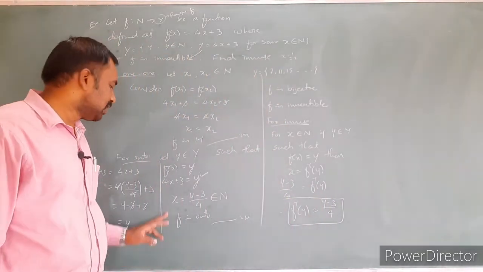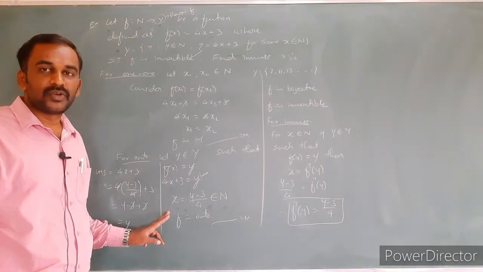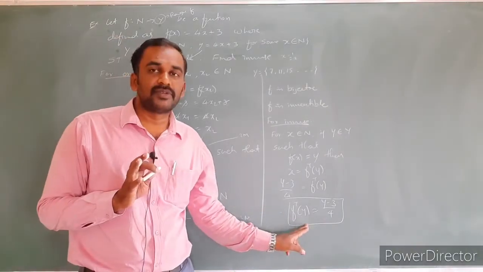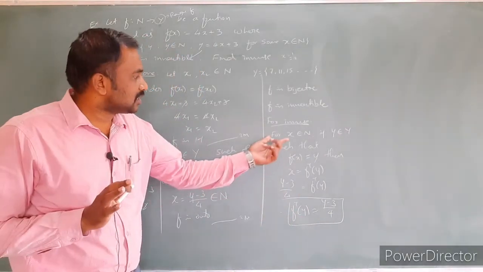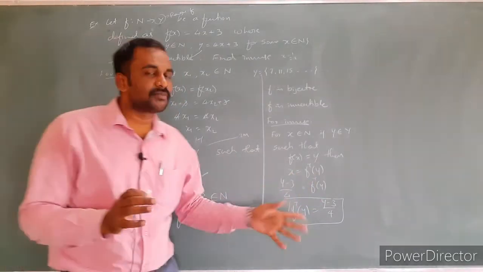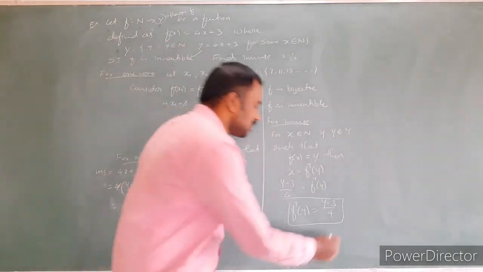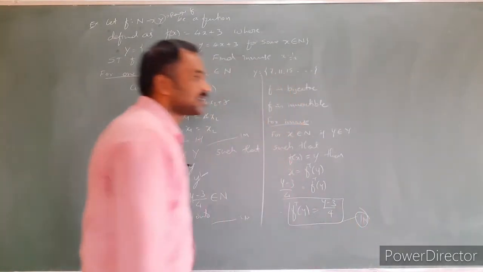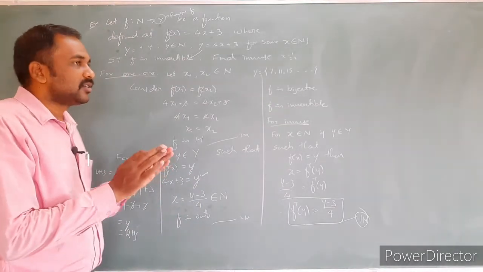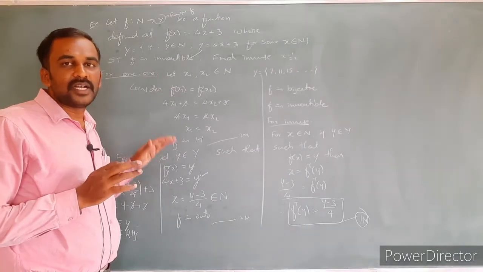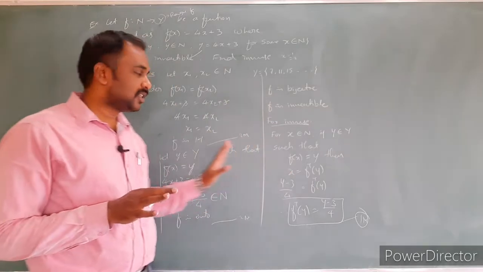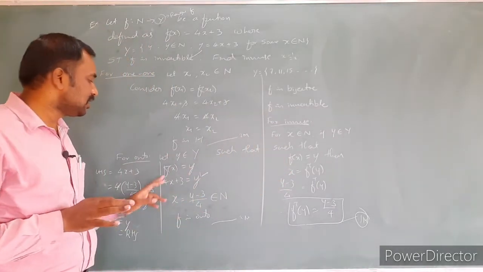This is the required inverse of the function. I think I have already mentioned that while finding onto, whatever the x value in terms of y is, that is our required inverse of the function. f inverse of y is equal to that much. Just write this definition: x is equal to f inverse of y. Already we have the x value. Just replace it. We got the required inverse. Writing this much, we'll get the 1 mark. Total 5 marks, and very important. So you already know how to get one-one and onto, there is no question at all. So the only thing is the inverse. What is the difference between the inverse and onto? Only f of x.